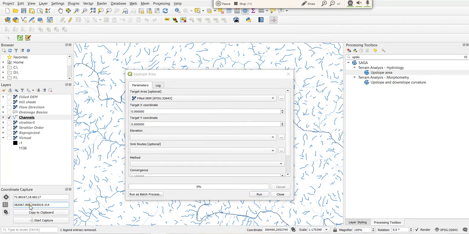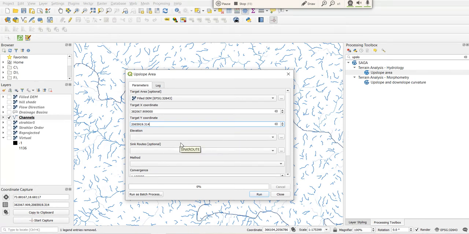So we'll copy the X coordinate from here, paste. So this is the X coordinate, and this is our Y coordinate. So copy and paste it here. So these are the X and Y coordinates and the target area.